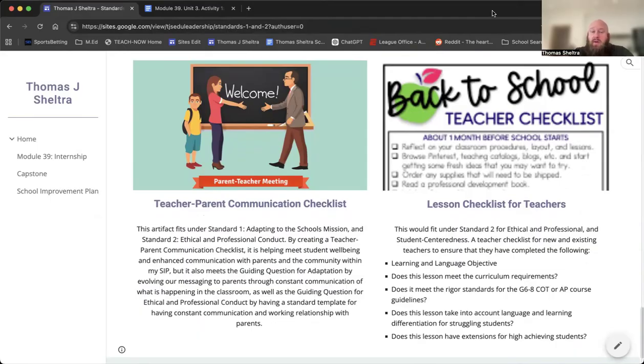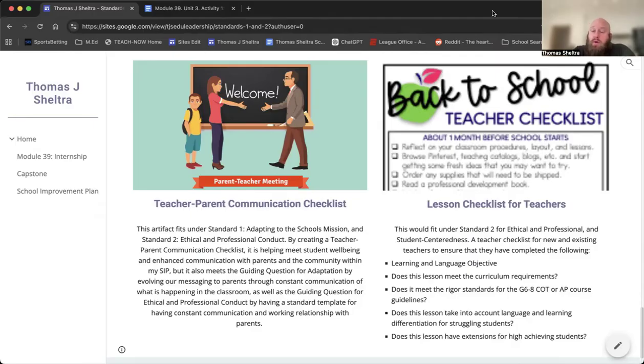And so having a checklist for teachers to help supplement and give them templates to engage with parents, whether it's on a week-to-week basis, unit by unit, upcoming exams, identifying patterns of behavior that we want to intervene in for student well-being, but basically give a template and a foundation for teachers to communicate with parents more often, because I think that type of communication enhances buy-in and also enhances support from the parents